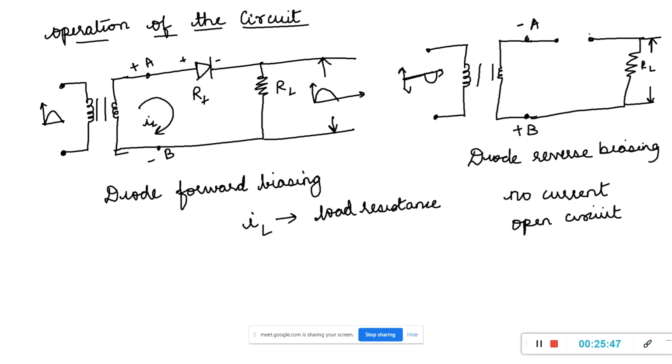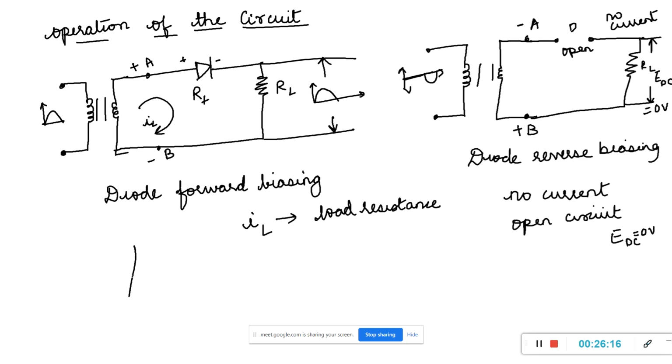Here, this is a diode, and it is open, and there is no current flow here. So during the reverse bias, the diode is not conducting, it is in the off condition, so it is open. Because it is open, no current flows in the circuit, hence the voltage EDC at this point is 0 volts.